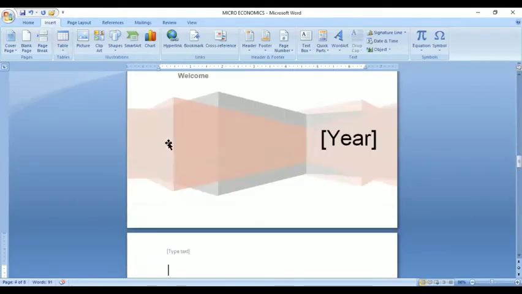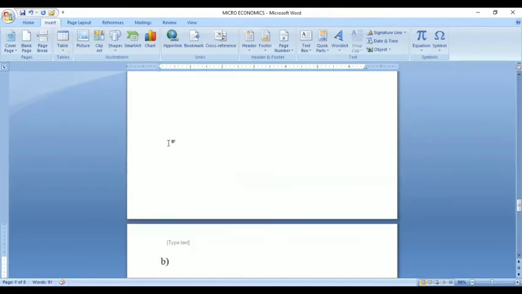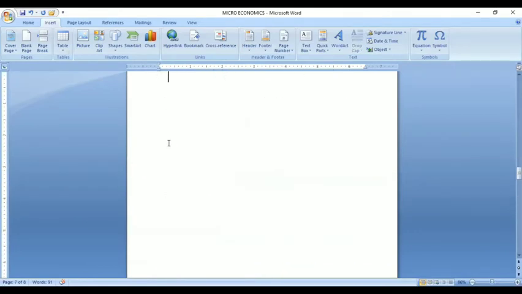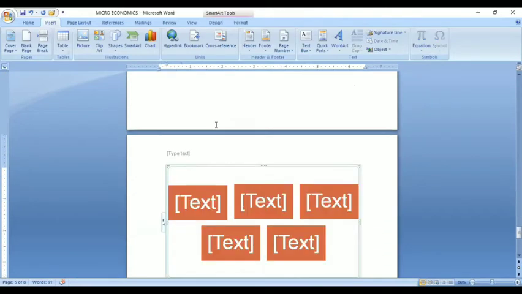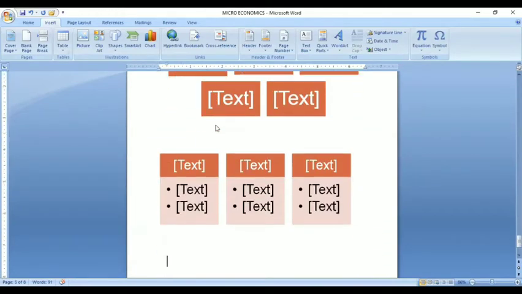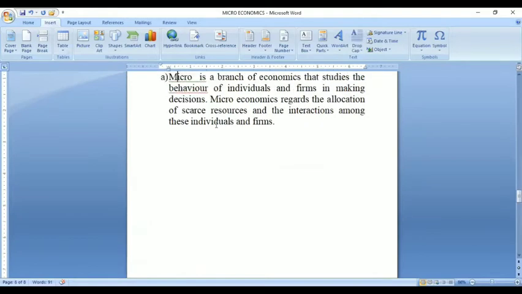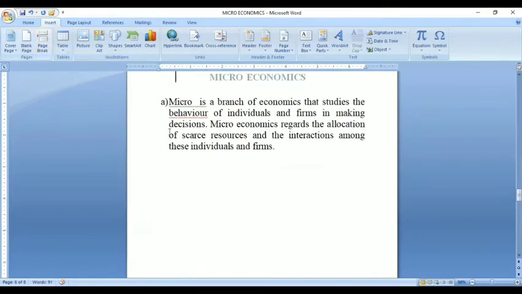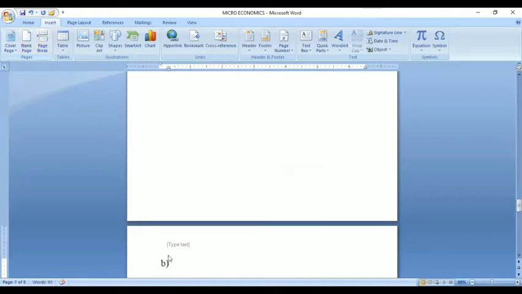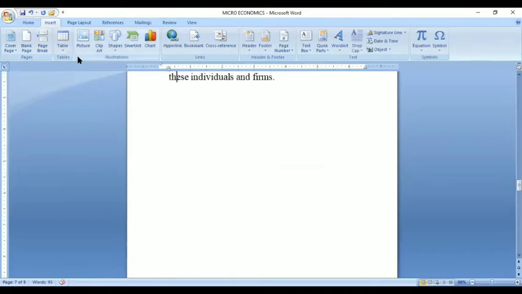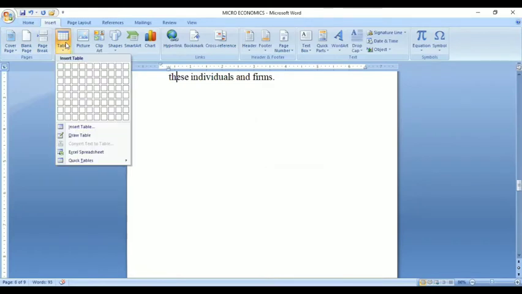The same thing, if you are in the first page and you want to break the page, you can go to the second page by clicking. So suppose I am clicking here and then I click page break. You will go to the second page directly. Like that also you can use this option. And next is a main option you have, that is the table option. Table. How to create and how to insert a table.